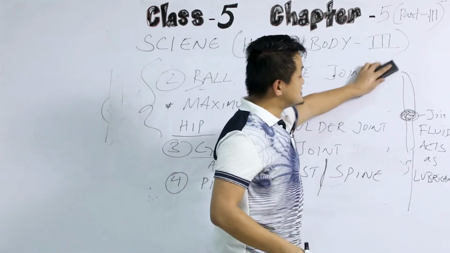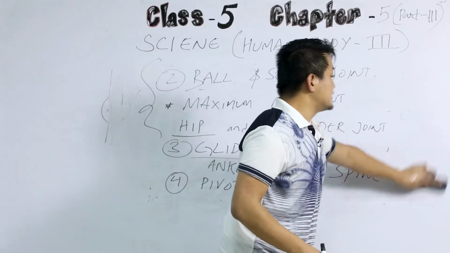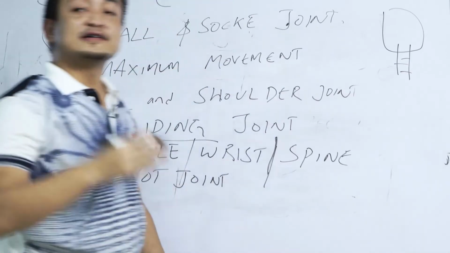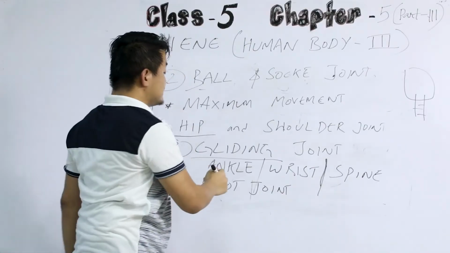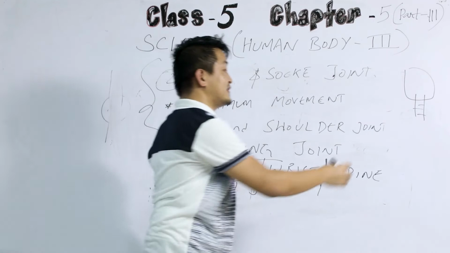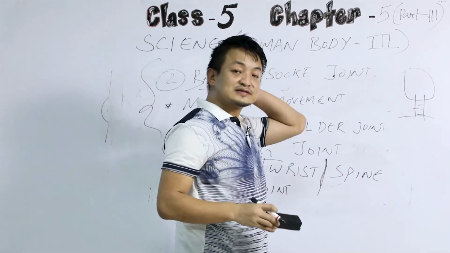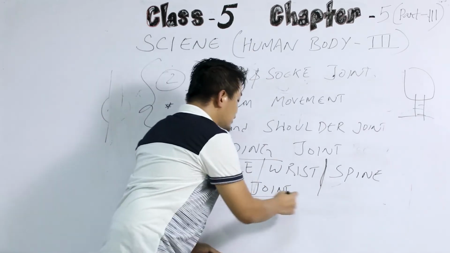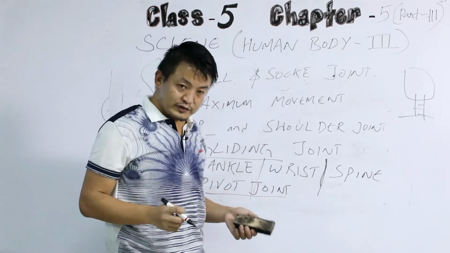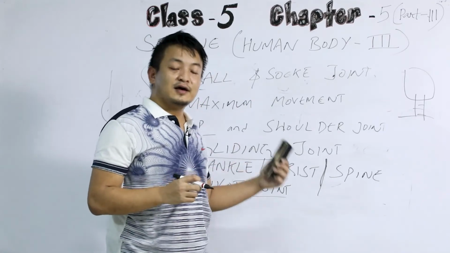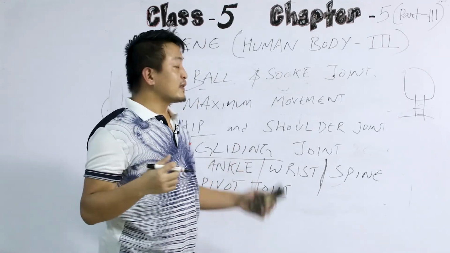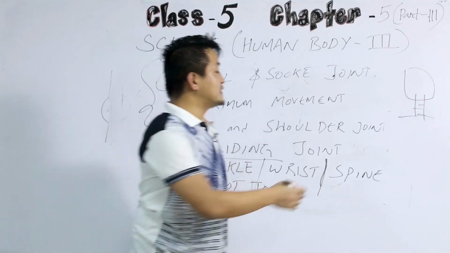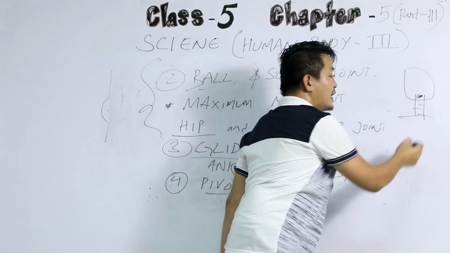The human skull is attached with the spine. If this is the skull, then see, it is attached with the spine, okay? So this is the joint which is present in the neck part, between the skull and our neck. Because of this pivot joint, we can look up, I can look down, I can look towards the right, I can look towards the left side. Now, it is present between the human skull and the